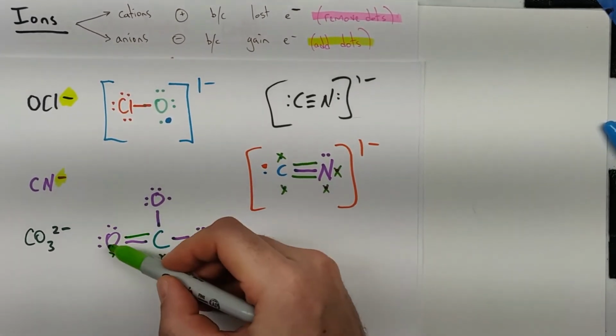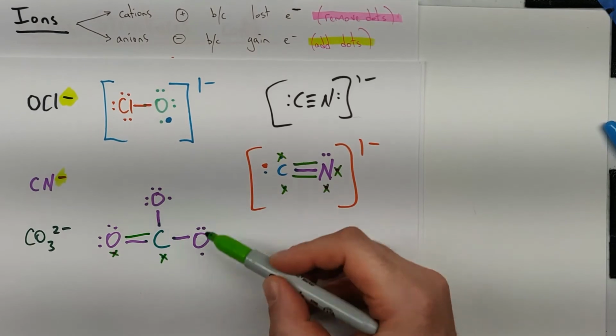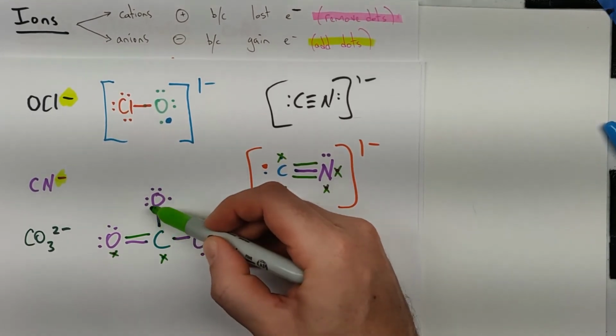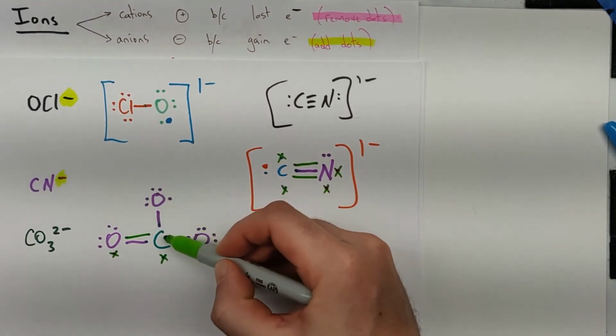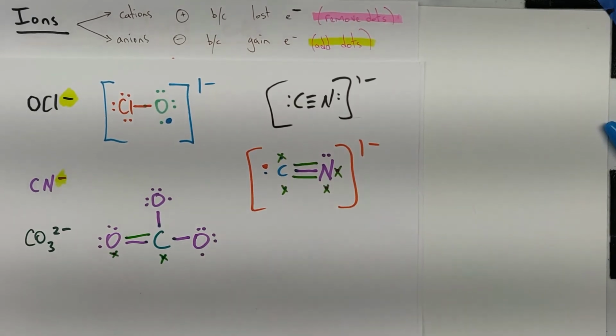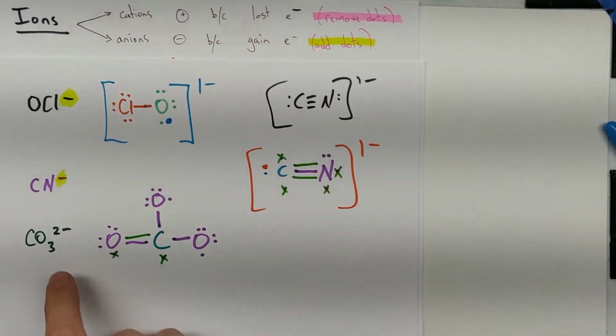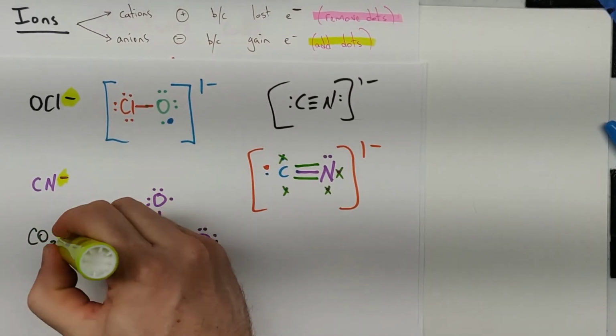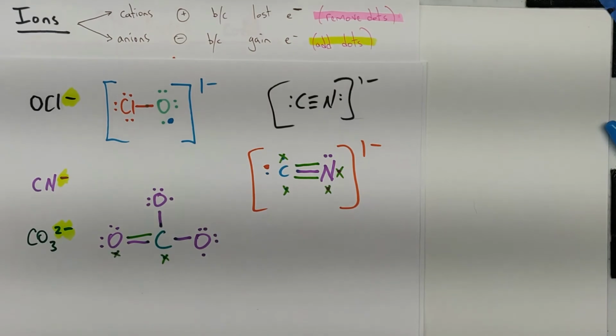Now, if you look, oxygen 2, 4, 6, 8, but oxygen 2, 4, 6, 7. Ooh, carbon 2, 4, 6, 8, 2, 4, 6, 7. So this oxygen is missing an electron. This oxygen is, oh, look, hey, right there. 2- means we can add 2 electrons. It is not a